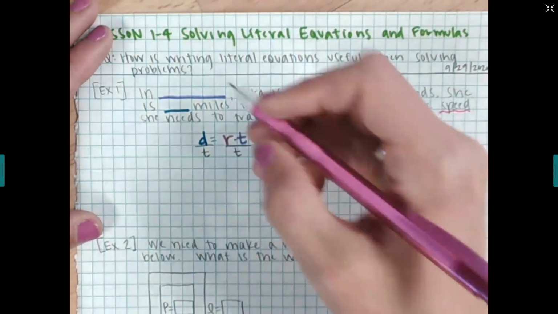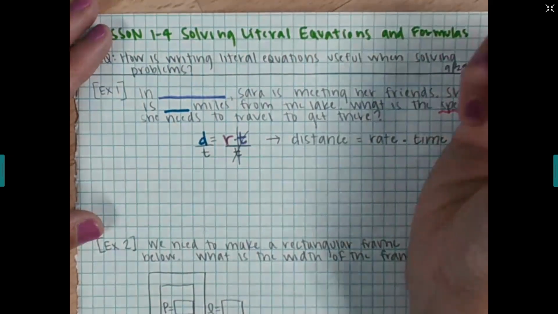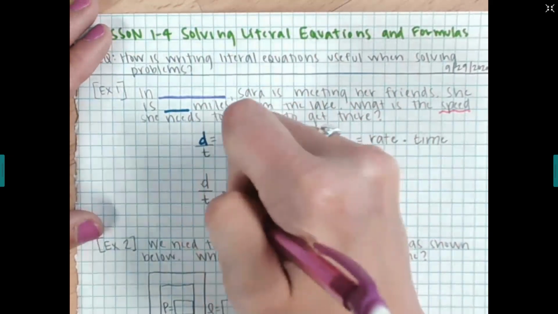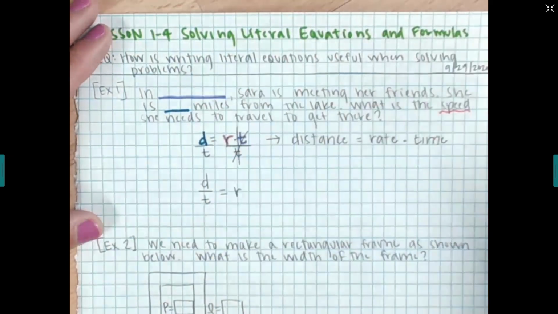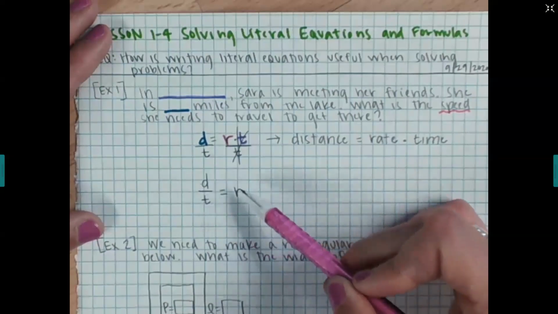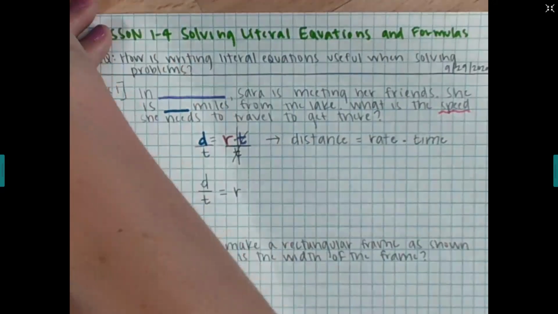So when I do that, just like they would if they were numbers, the t's cancel each other out, and I'm left with d over t equals r. So now I have the distance divided by the time is equal to the rate. So now I can give you that information